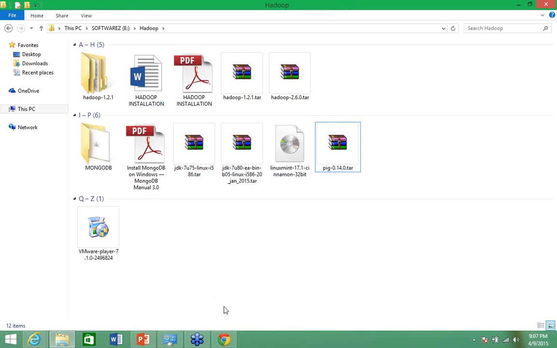No extra configuration is needed. You simply put it into the home directory or somewhere else in your Ubuntu system. After that you extract it and set the Pig home and Pig path. Whatever syntax you used in the case of Java, the same syntax you have to write for Pig also.